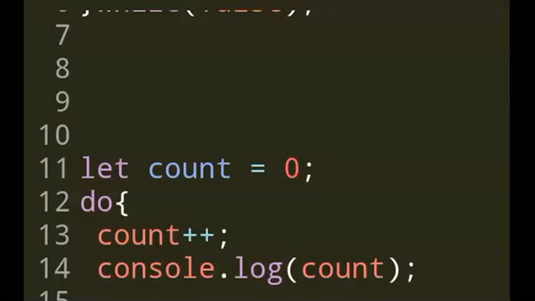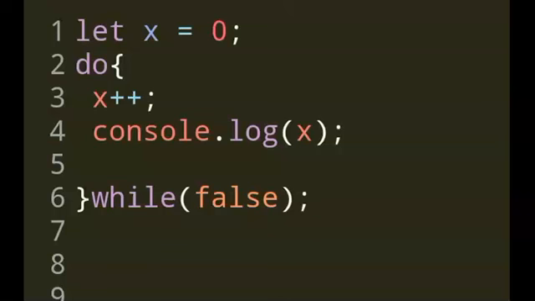So it will increment by 1: 1, then 2, then 3, then 4, and then 5. After that it will stop. It cannot be more than 5.